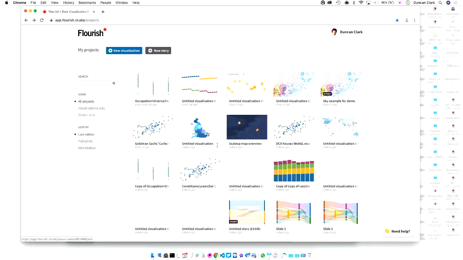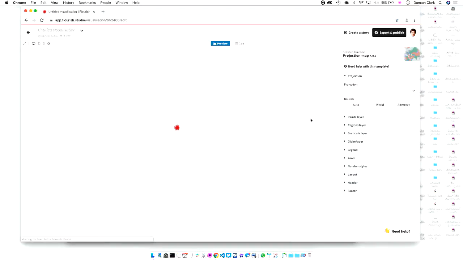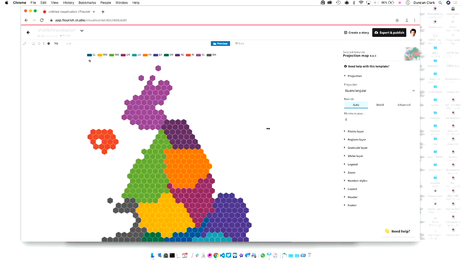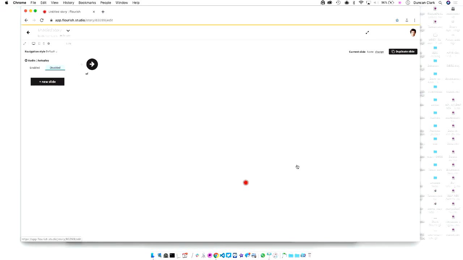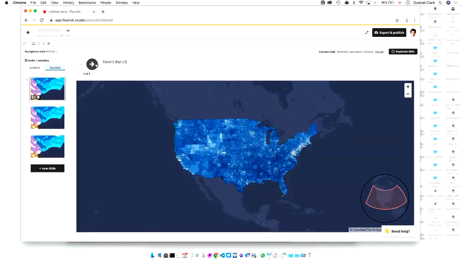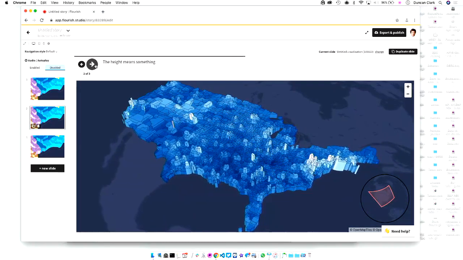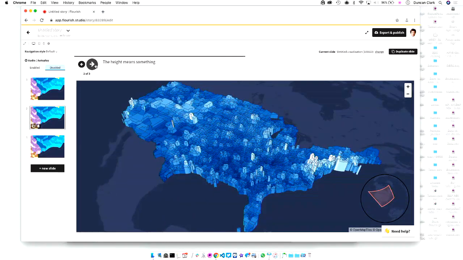Or something like this. This gets widely used by journalists, in addition to people in other sectors, including healthcare. So here's a map that we just made yesterday. This is a hex map of UK constituencies, but then you can shade that to show election results. But you can also do much fancier things like 3D projected maps. This is an example of a choropleth map over a base map showing, in this particular case, GDP per capita